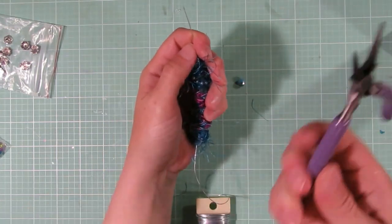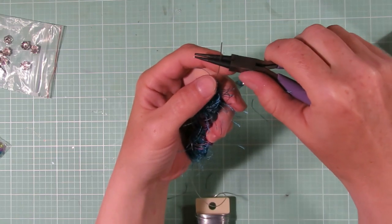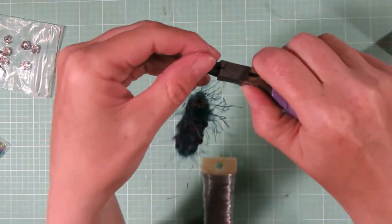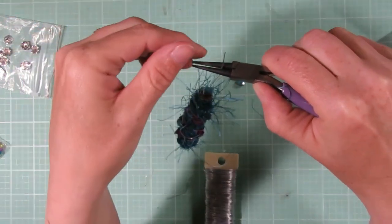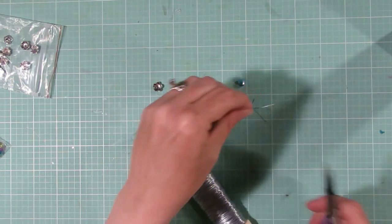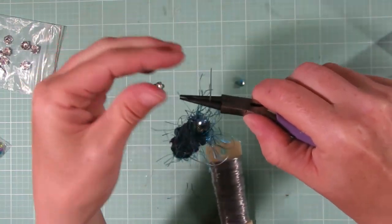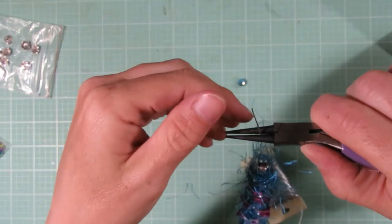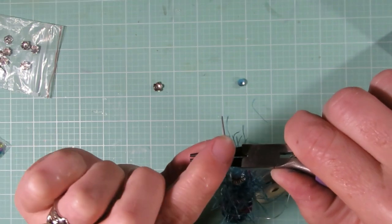And I'm going to take my little pliers, and I suppose this is approximately maybe 3/4 of an inch to an inch. Well, I'll go down to an inch here. Yeah. So I take about an inch on my needle nose plier here, and I just bend the wire away from me,